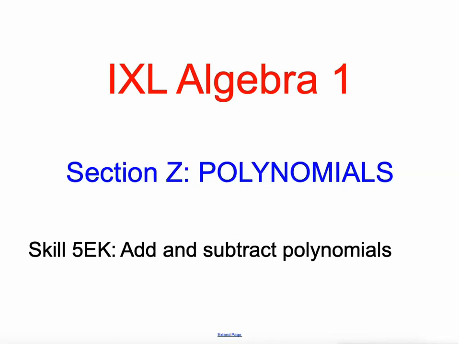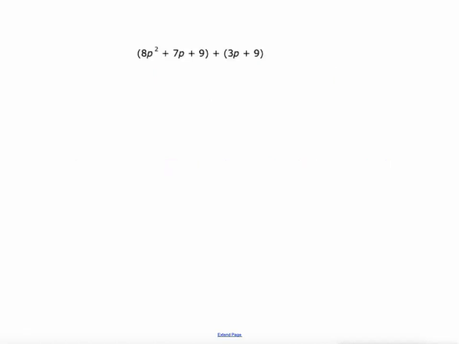Today we're going to add and subtract polynomials. In my previous video from section Z of IXL Algebra 1, we added and subtracted polynomials using algebra tiles. Today, no algebra tiles, just these expressions here. So we've got a trinomial, 8p squared plus 7p plus 9, and we're going to add that to this binomial,